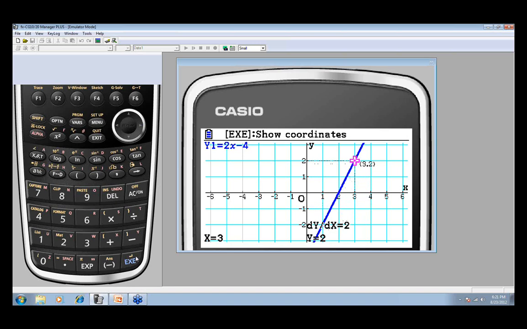And if we want to mark that point, we can press Execute. And if you press Exit and then regraph it, you can still see that ordered pair marked, showing you that definitely there is an ordered pair on this graph at 3, 2. Now,